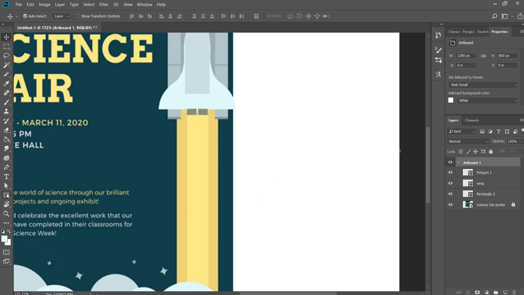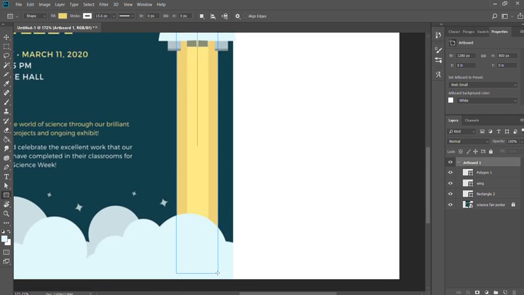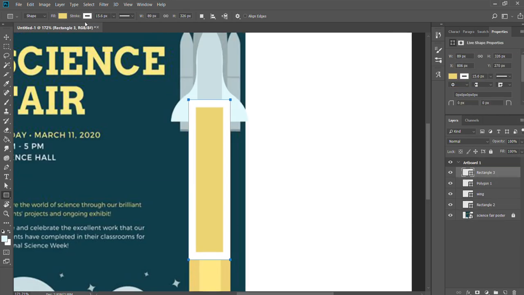I'm going to go back to my square, or press U, go to my fill, click on that block with the rainbow, click on one of these colors. I'm just going to do the outside color first. I'm going to click OK, and I'm going to have it up here a little bit, something like that. I'm going to click and drag it down. It's not a big deal how far down. Let's say I do it like this, just on purpose. I'm going to go to stroke, remove that,